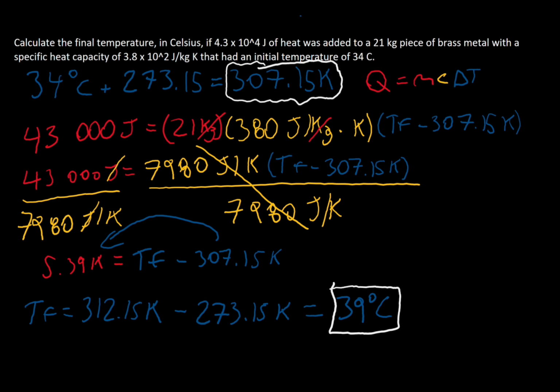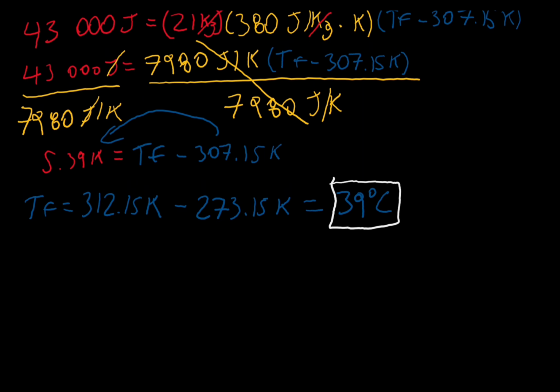But in addition to heat capacity, there's also heat exchange. While heat capacity talks about the amount of thermal energy to change the temperature of a system, heat exchange involves the exchange of heat between two objects of different temperatures. And so the formula is the mass of the first object multiplied by the specific heat capacity multiplied by the change in temperature equals negative of the mass of the second object multiplied by its heat capacity multiplied by its